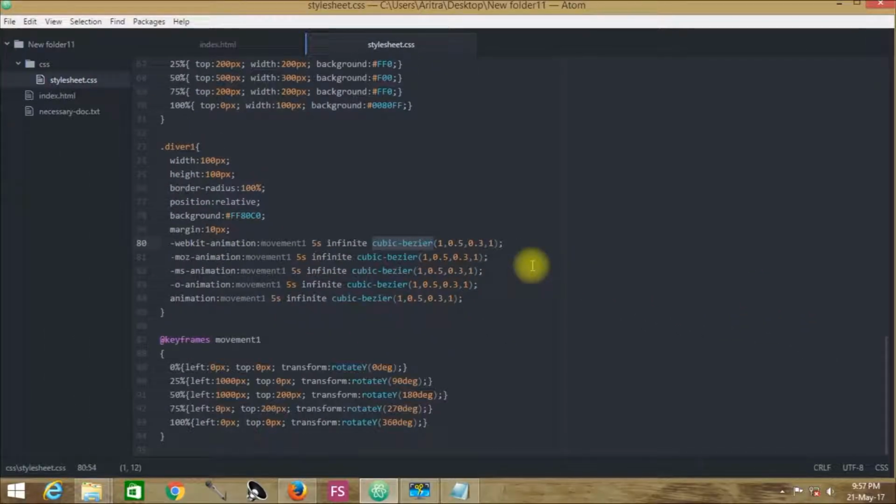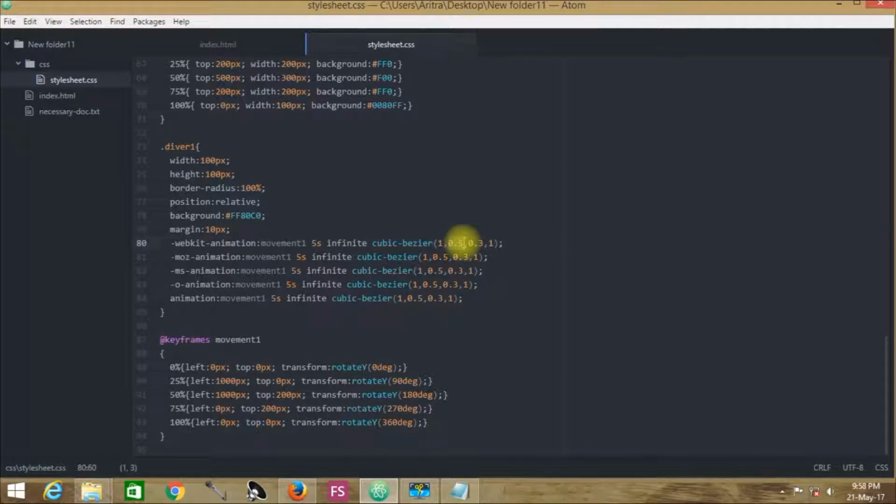We have previously known from our tutorial that there is linear, ease in, ease out, or ease in out. Well, this is another animation property known as cubic bezier, and its minimum value is 0 and the maximum value is 1. That means you have to set your path with values lying from 0 to 1, and that is what I did over here. This is the highest value I have set over here. Practically this is x1, the position of a point along the x-axis.